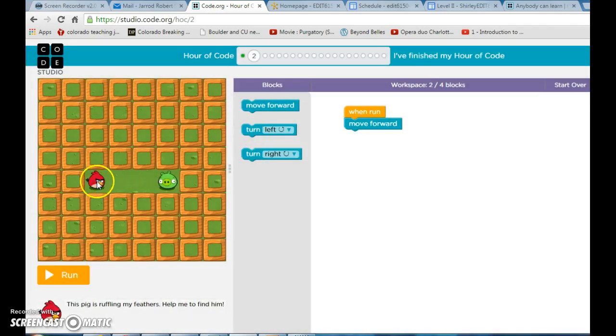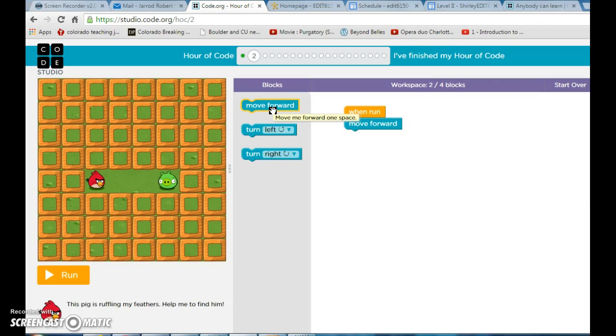Now we see that we need to move this way. I think what they're trying to teach the students here is that there's a difference between turning right, moving right, and move forward. Move forward just means the object is going to go this way. So let's give it a try.